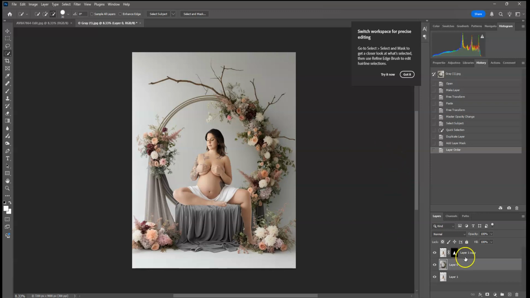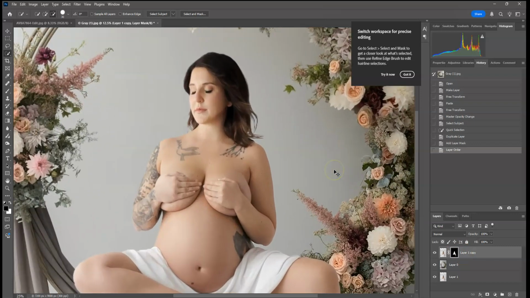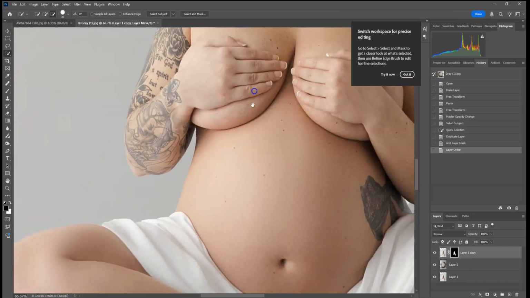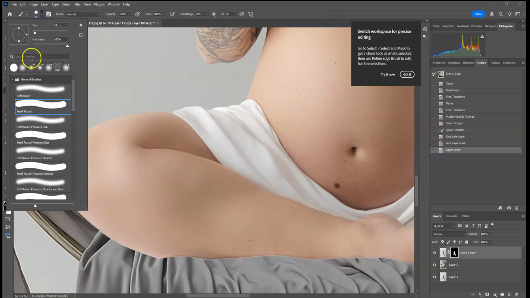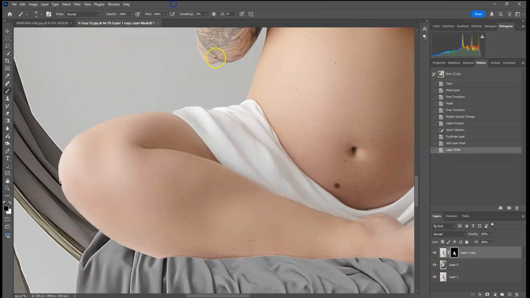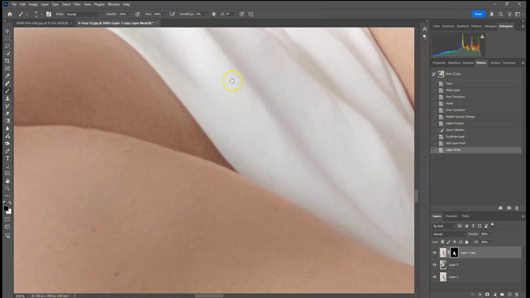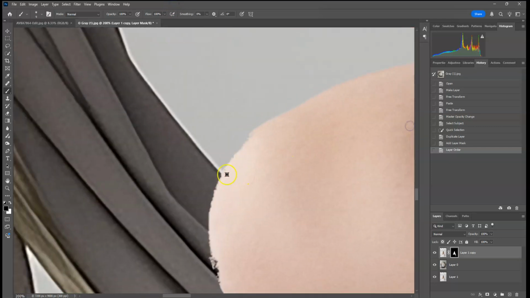Okay, so first thing I'm going to do is click on my layer mask over here, in my layers, zoom in, and clean up the edges of my image. Feel free to fast forward through this part if you'd like. I'm going to be using a soft brush, but a very small soft brush, so my edges aren't too sharp, but I also want them sharp enough to where